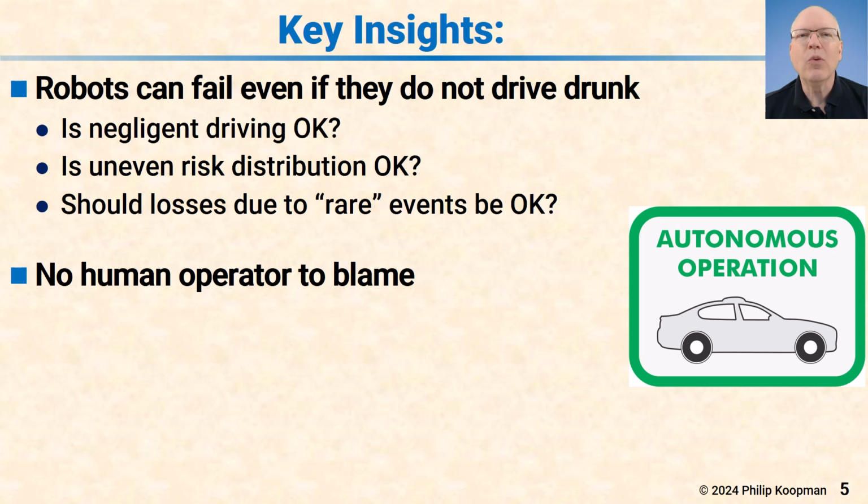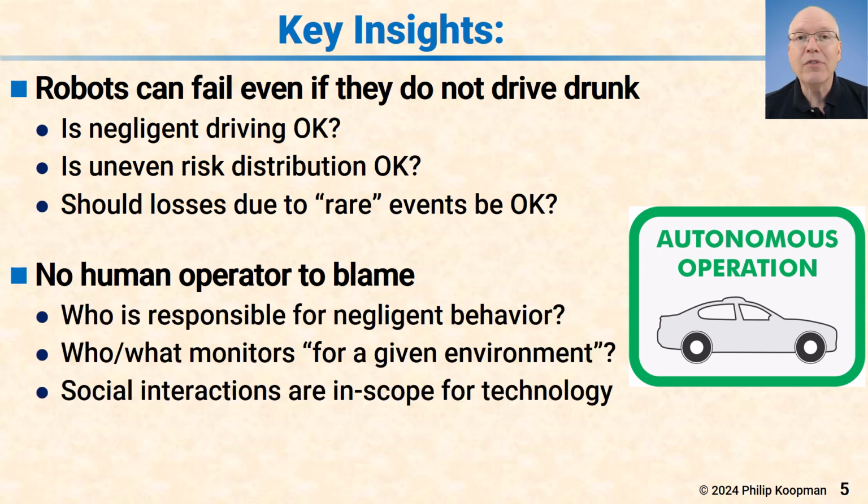There's a big difference here. What has changed with robotaxis? Well, what has changed is there's no human operator to blame or to take responsibility. Who's responsible for negligent driving? It used to be that the designers of a car did not have to worry about negligent driving because that was the human's problem. But now you have a computer driving a car, and if it fails to yield to a fire truck with its lights on and someone gets hurt, who exactly is the negligent driver in this situation?